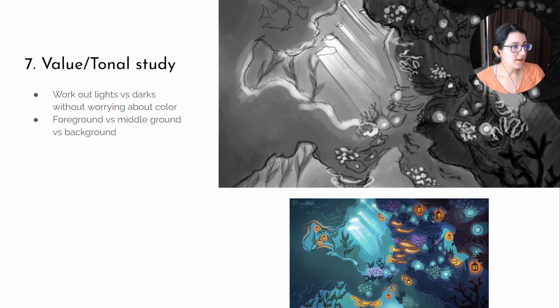So all it is, you're just working in shades of gray to figure out where the darks and where the lights are in your illustration. So you can see on the bottom here, this is the finished illustration that I created. And then above here, this is the rough sketch that I had, and then I put tones into it to figure out where's the light, where's the dark, because the light and the dark in these types of illustrations is really important to the composition. And when you're focusing just on the lights and the darks, you don't have color standing in your way. It's a lot easier to think about it.